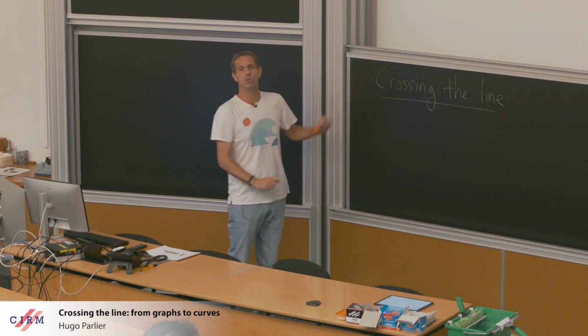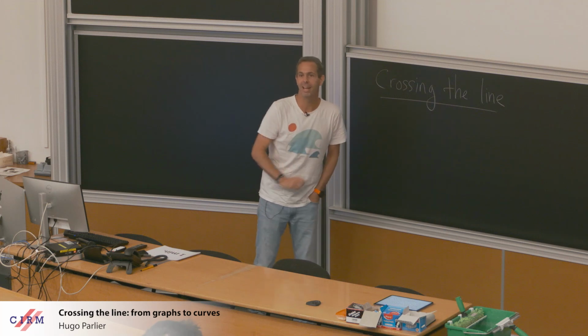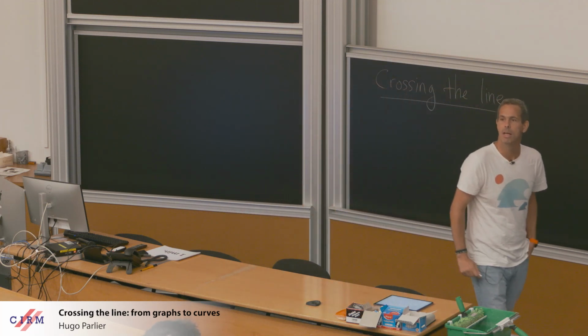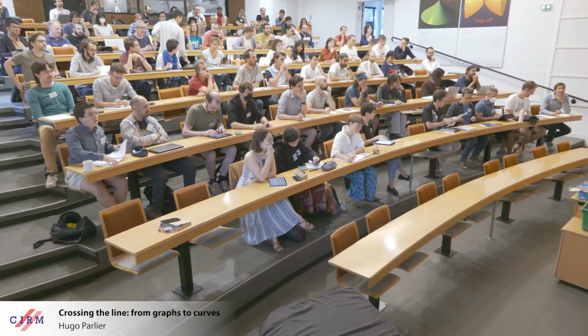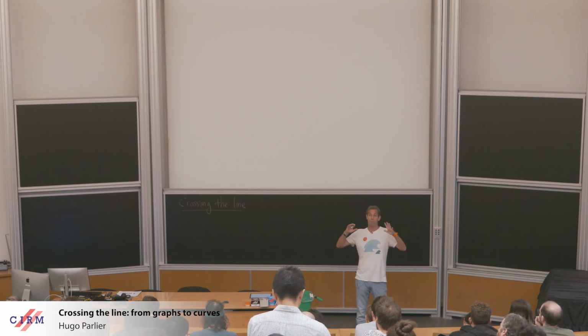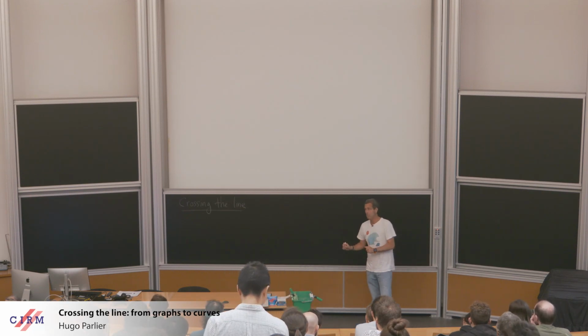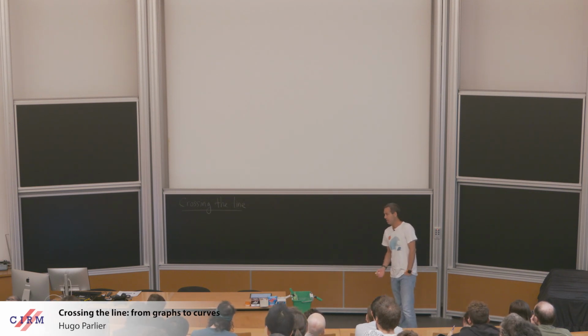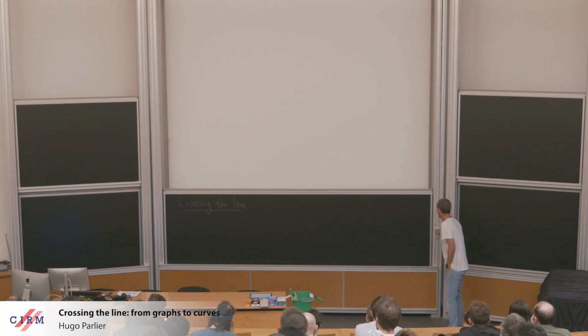So far I've just written "crossing the line", but the recurring theme behind this is going in some sense from a problem for graphs to a problem on surfaces, which for many people in the audience is something that they've done, or trajectories that people have taken. The trajectory I want to talk about today is maybe a little bit different.